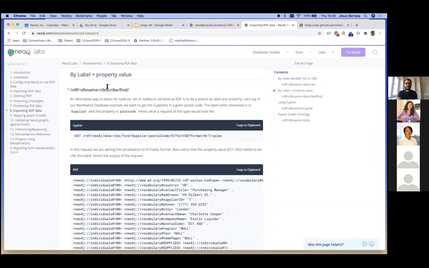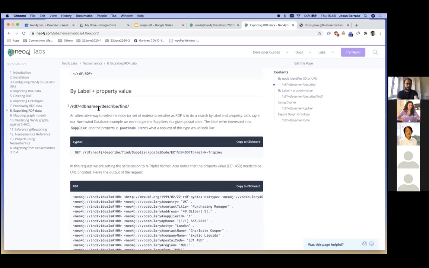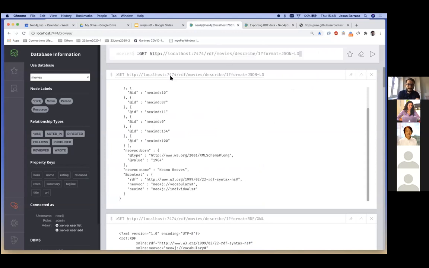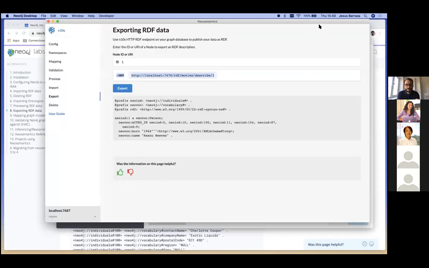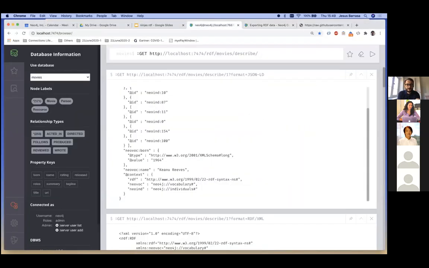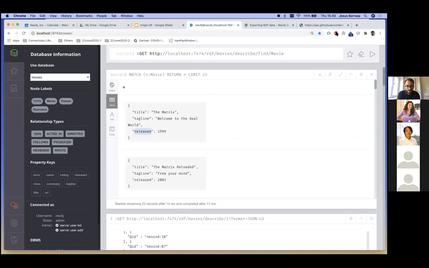So if you use this syntax, you could get all the matches for a particular combination of label and property values. Let me give it a try. So for example, if we want to get a, what was it? It was not describe, sorry. So we need to use describe find. So instead of describe, oops, too many jumps, instead of describe find, and then you would do, for example, movie, and we can do a search by all the movies released in 99. So if we do movie released and we do 99,